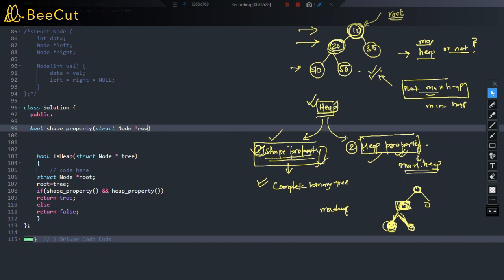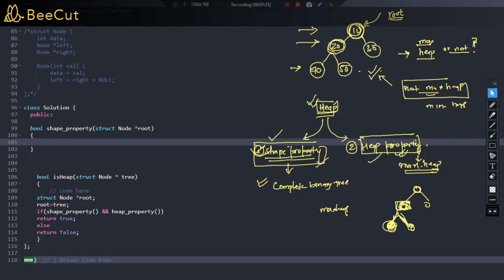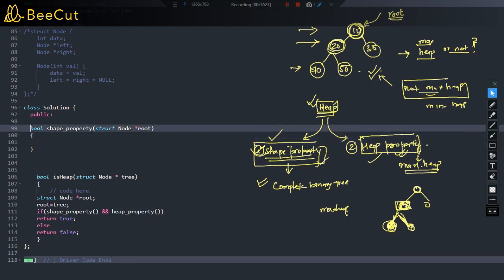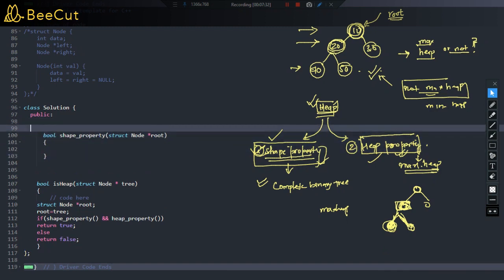It is going to receive the root node address, and I'm going to check here if it is satisfying the complete binary tree or not. So this shape property function will check if it is a complete binary tree or not.